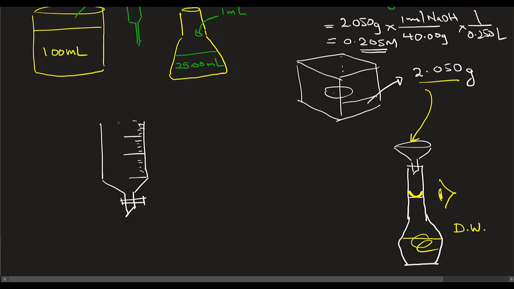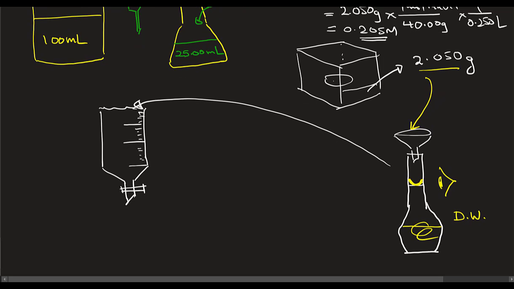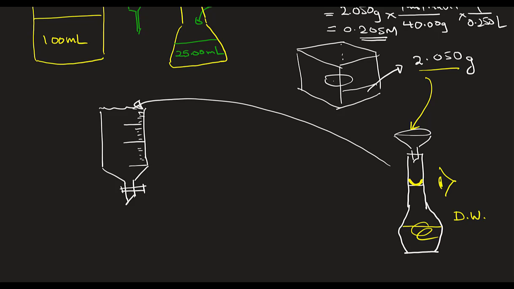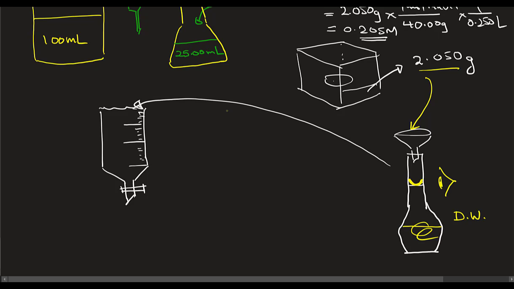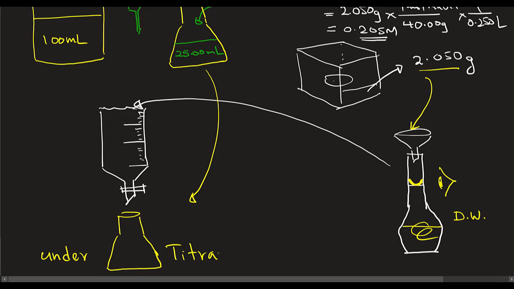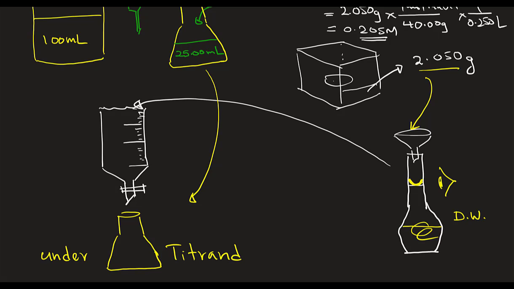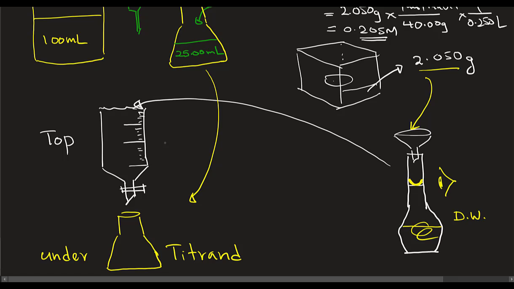You're going to fill this into the burette. You rinse the burette with the same sodium hydroxide solution, and you fill up to 0, so roughly you have 50.00 milliliter. Then you take the unknown HCl solution with the indicator added into the bottom. So I kind of call it under, you put the unknown solution, and on the top you put the titrant, which is your